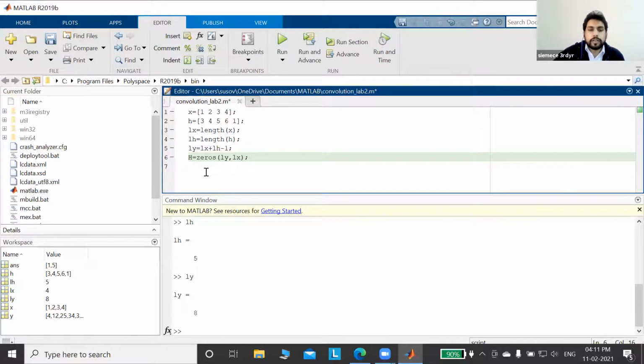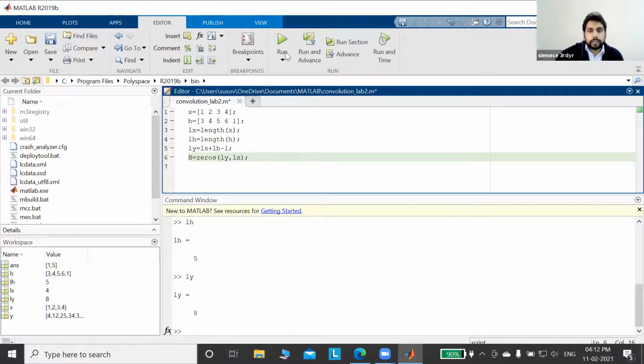It is LY comma LX. What is LX? LX is 4. So it is 8 comma 4. That will be the size. 8 is the number of rows and 4 is the number of columns.